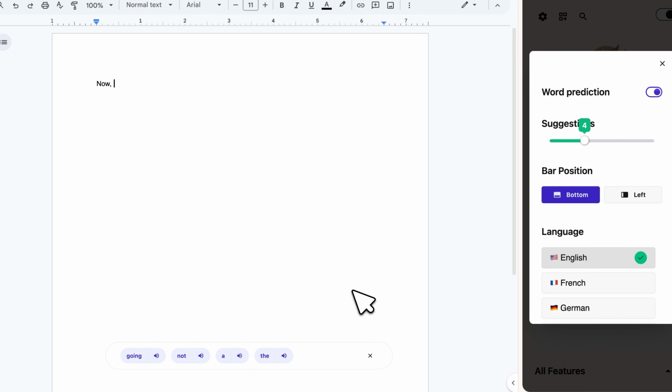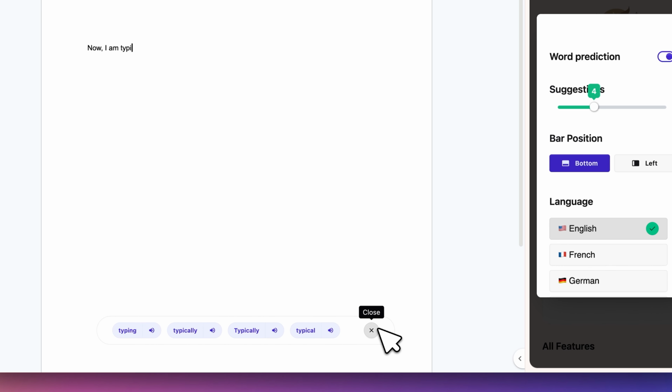Now, I am typing. Now I am typing the word typing. You can see at the bottom there are suggested words. Typing is the word that I want to use. I'm going to select it. Typing. A